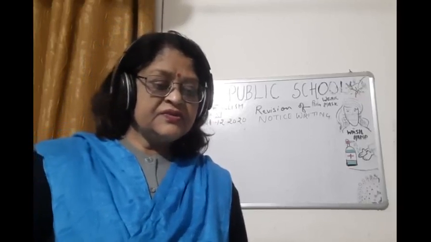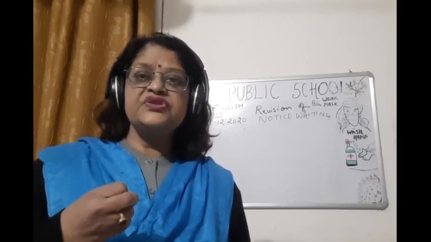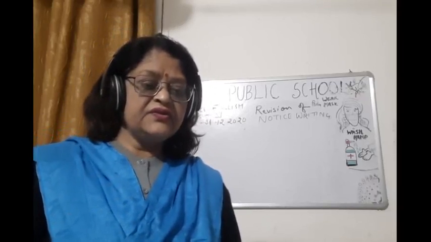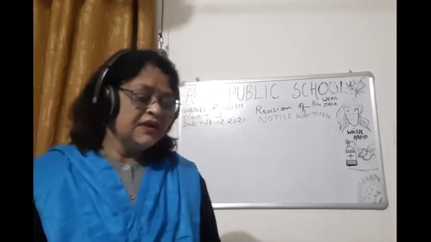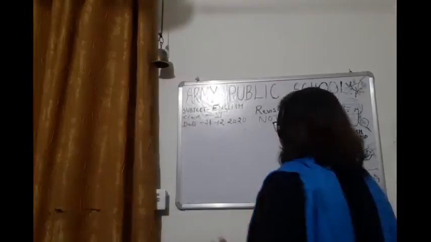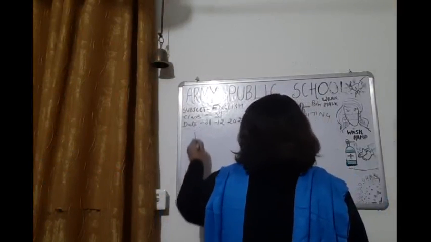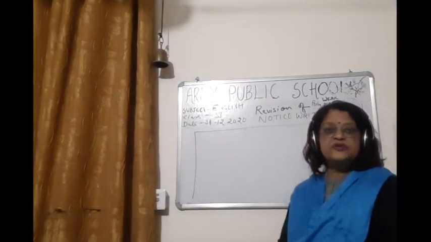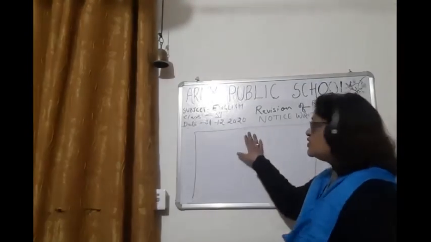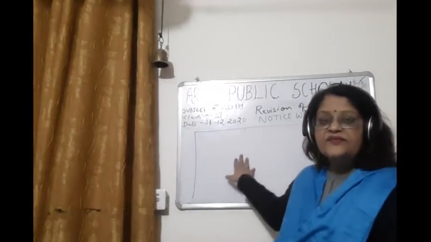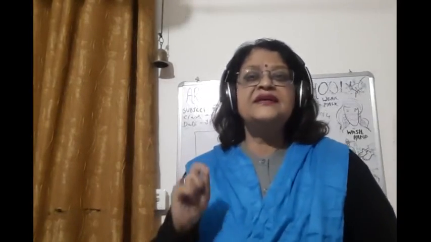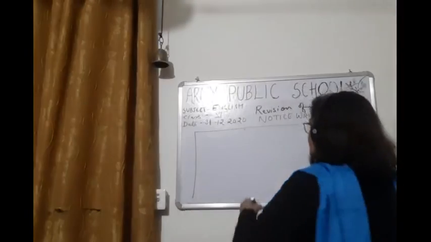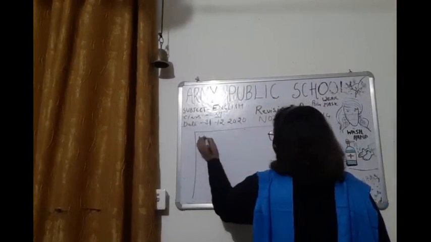So let me tell you, children, I'm going to read one question, and before that I have to tell you the format also for lost and found. For lost and found, you have to draw a box. You have to leave the first line, don't close the box, and children, first line you have to leave blank. In the second line you have to write the name of the institution with the capital letter. So what are you going to write? Name of the